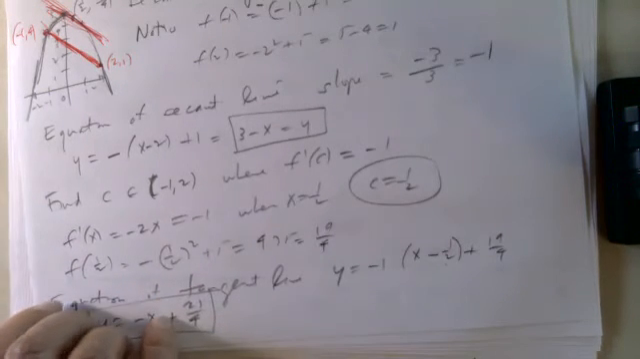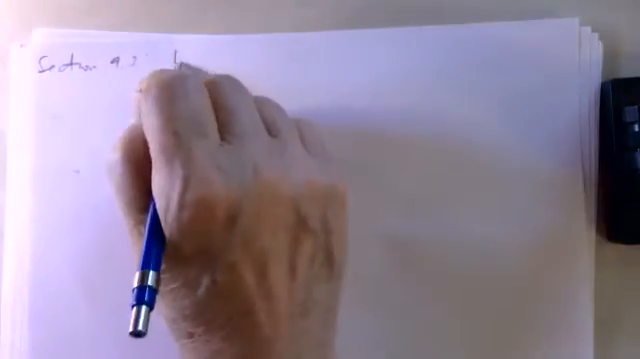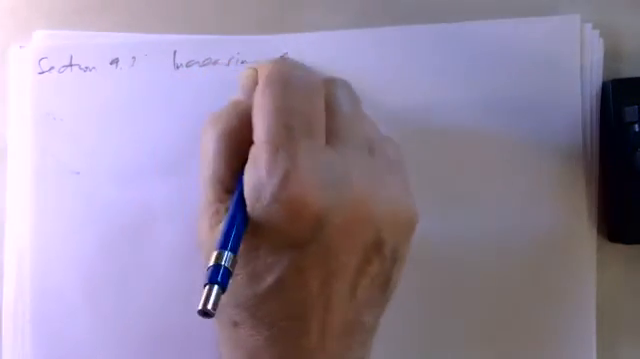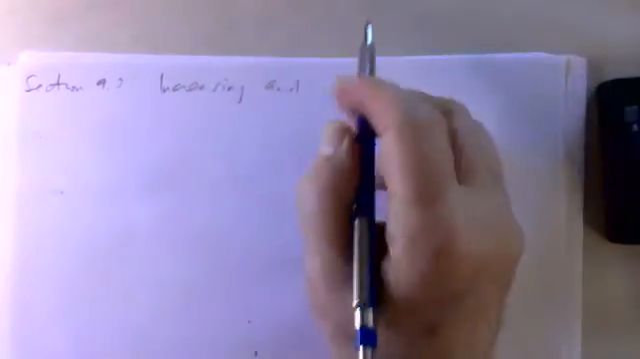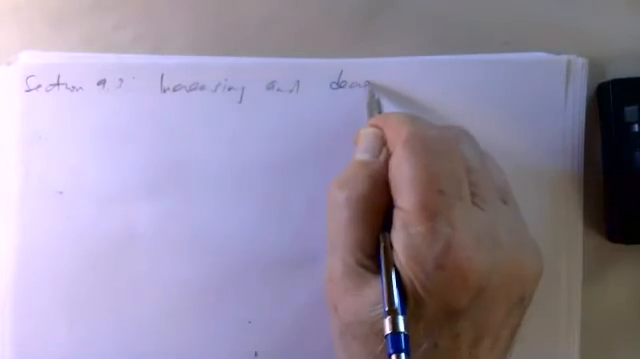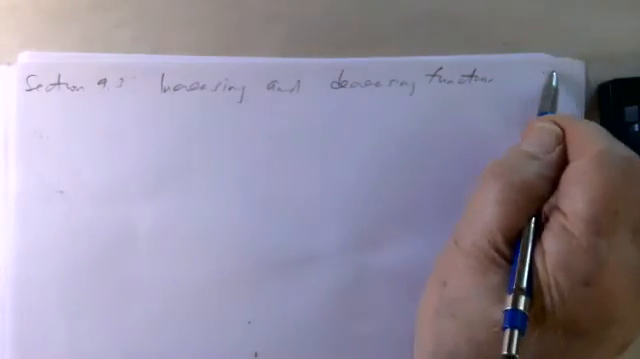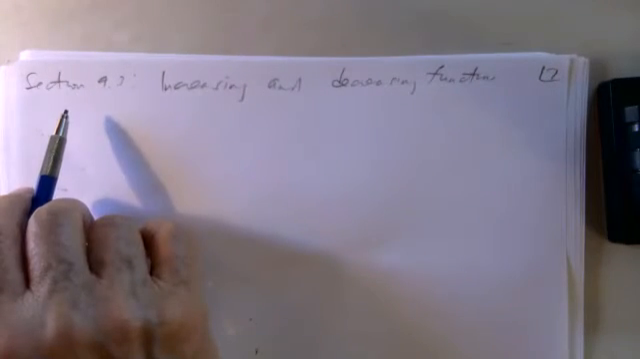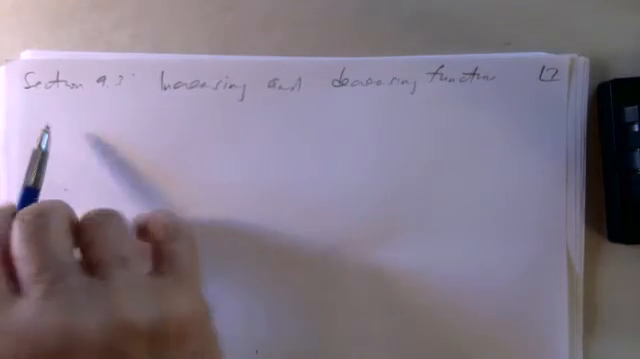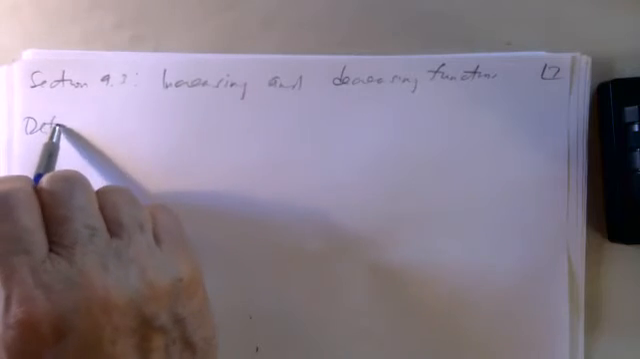Any questions about any of this so far? Okay. So now we come to section 4.3, which is about increasing and decreasing functions, and what is called the first derivative test. So we need to define